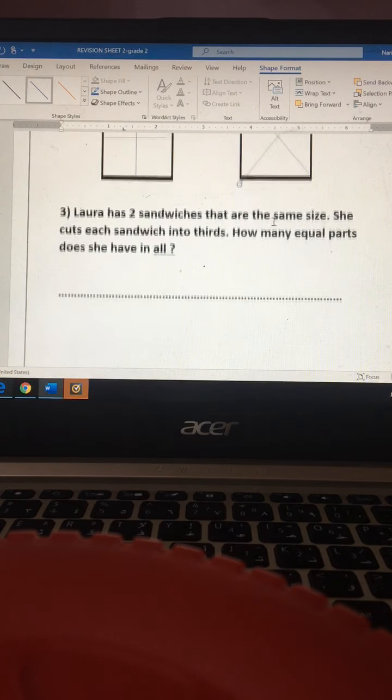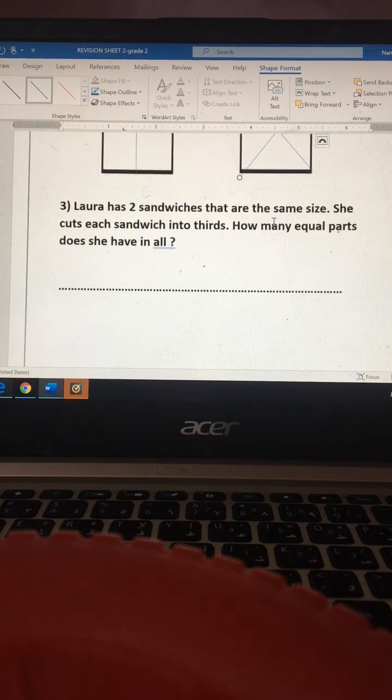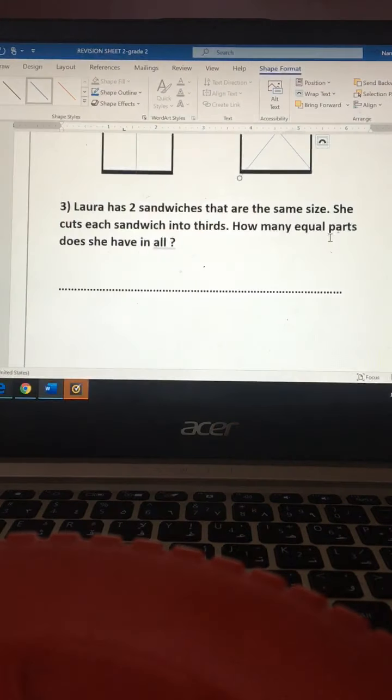Okay, so these are the 2 ways that we can separate the pizza into 4 equal parts. Okay, now question number 3, which is the last question. Laura has 2 sandwiches that are the same size. She cuts each sandwich into thirds. How many equal parts does she have in all? If I have 2 sandwiches and each sandwich I cut into thirds, so how many equal parts? We said that thirds is equal to 3. So how many equal parts does she have in all? If each sandwich I'm going to cut into 3 equal parts, so